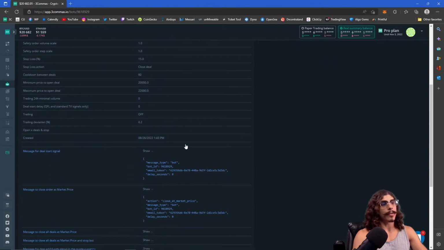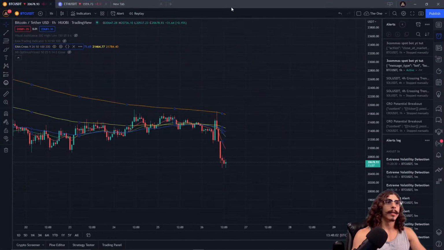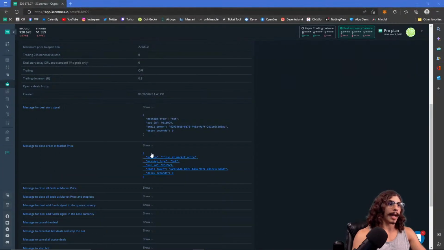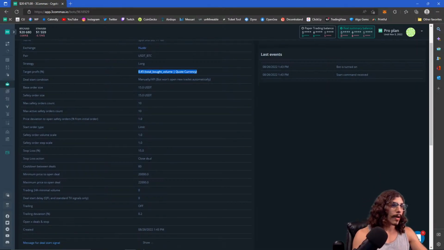So the safety order, you don't have to do it that way. You don't have to have it. If I turn that alert off, then nothing's going to happen, right? I'll pause the alert. So now it's not going to stop whenever that happens. But it's going to either stop only whenever I have a 0.45% take profit from the total volume of all the safety orders filled, or in this instance, we have put a stop loss of 15%. So price deviates an additional 5% after our total 10% deviation that is plotted and covered for with safety orders,